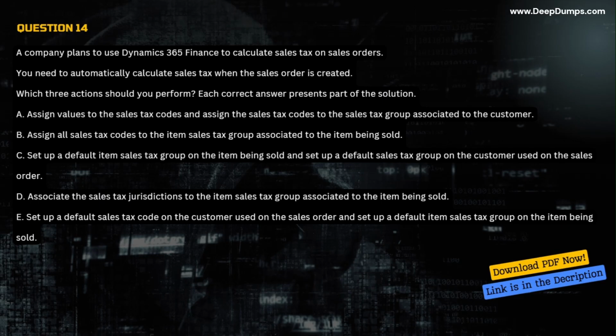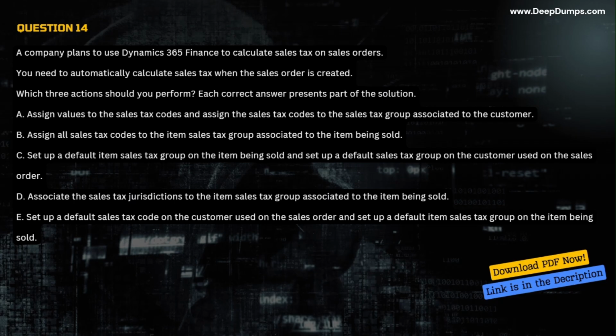You need to automatically calculate sales tax when the sales order is created. Which 3 actions should you perform? Each correct answer presents part of the solution. A. Assign values to the sales tax codes and assign the sales tax codes to the sales tax group associated